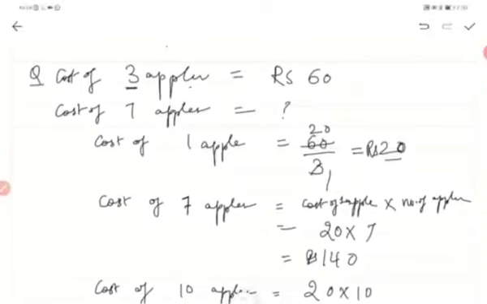See, यहाँ पर 3 एप्पल्स हैं, राइट। 3 एप्पल्स से हम लोग जो है 1 एप्पल का कॉस्ट फाइंड की। तो we are coming from big number, that is ज़्यादा से कम को आ रहे हम लोग, राइट। 3 apples are more, that is from 3 ज़्यादा एप्पल्स से हम लोग कम एप्पल्स, that is 1 apple we are finding cost। तो what we will do, we will divide, remember ज़्यादा से कम को आ रहे तो we will divide, remember this, okay। तो 60 जो है कॉस्ट हमको मालूम है, तो हमको since 3 से हम लोग 1 एप्पल फाइंड आउट करने के लिए आ रहे तो डिवाइड हो गया, ओके।